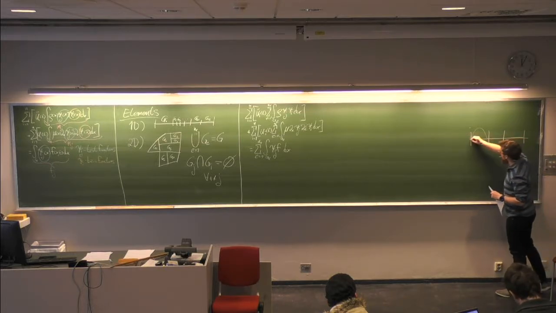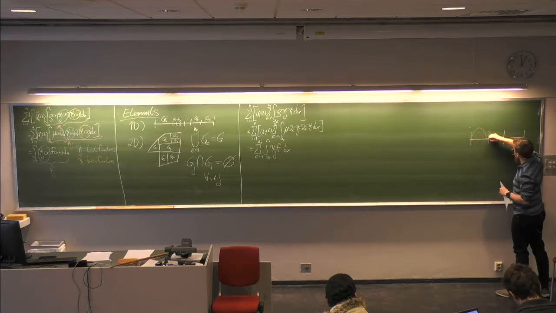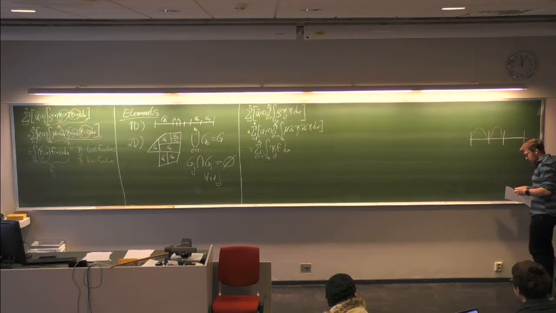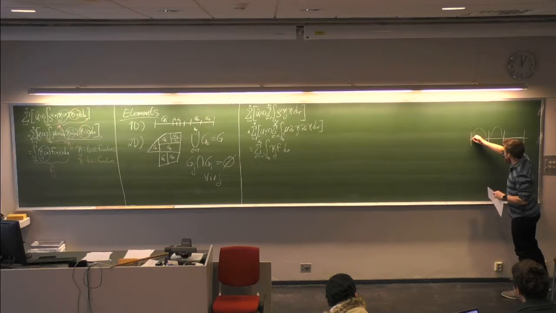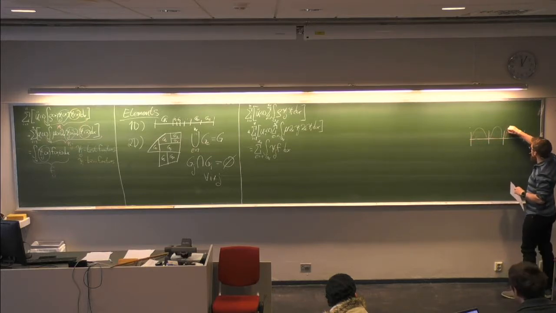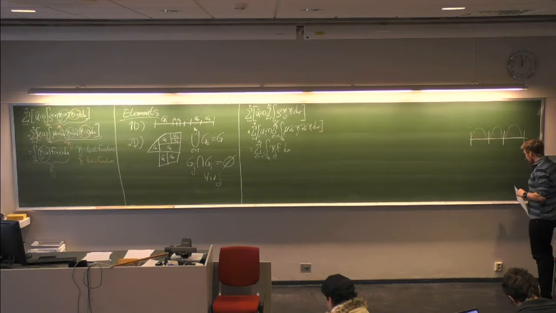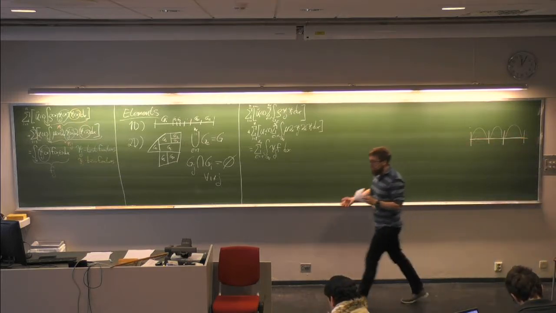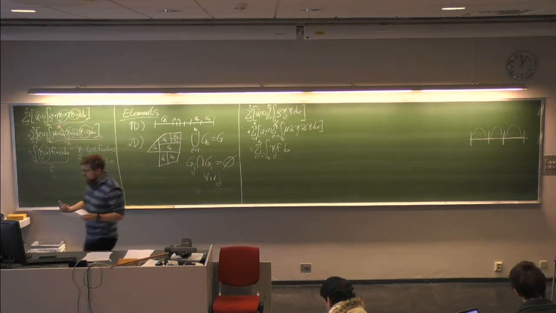The next one should have support only on the second one, and the third one is 0 on all but one. And then you can also have more basis functions, but each basis function should only have support on one element